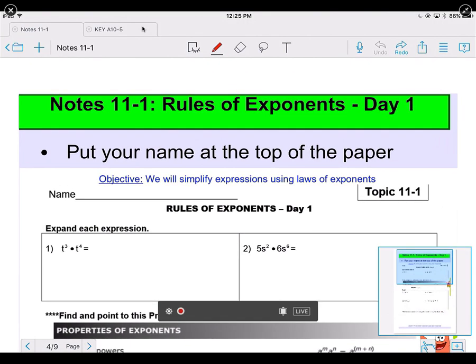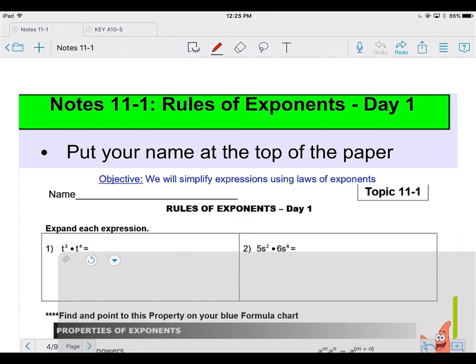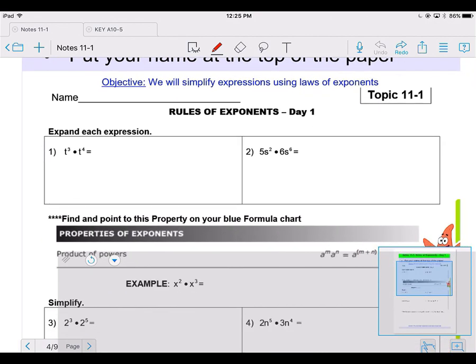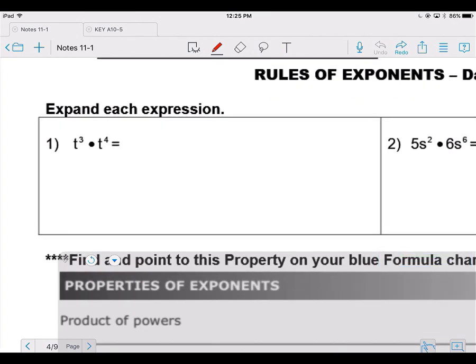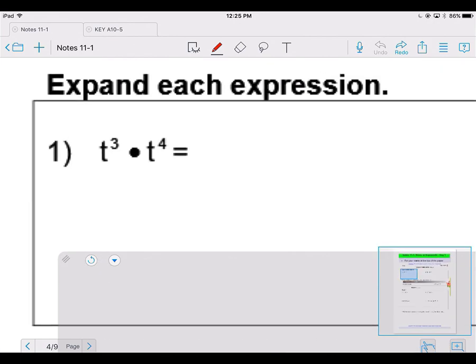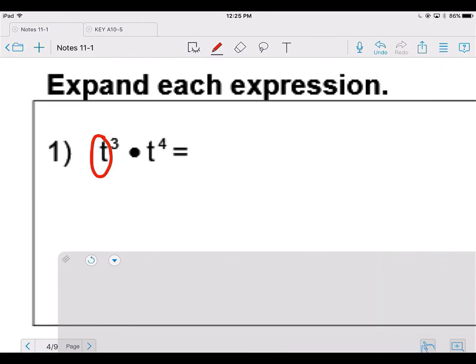This video covers our notes 11.1 over rules of exponents, day 1. With our rules of exponents, we're asked to expand each expression, or make it the longest and then most simplified version. So anytime you have an exponent, whatever your base is, like in this case our base is t,